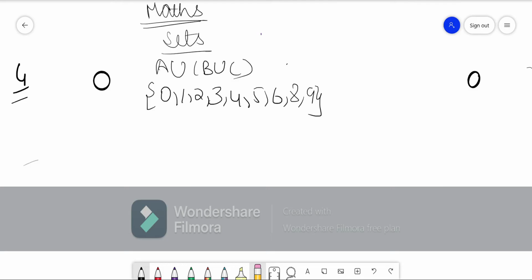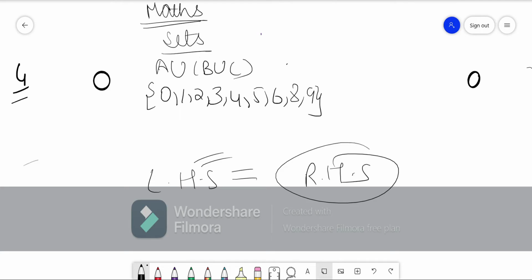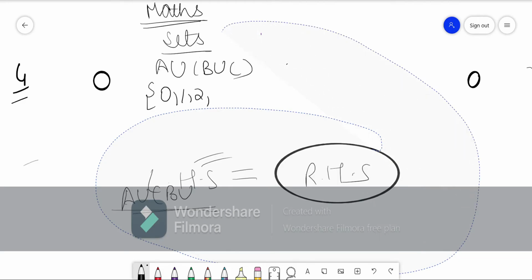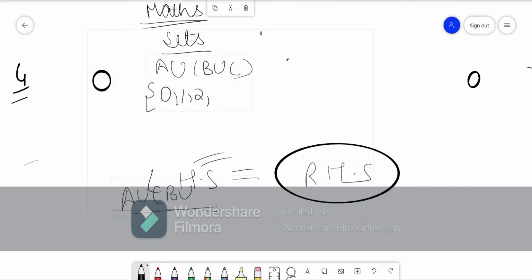Now what you need to do is, let's move on to the equal to part. The left hand side is solved, now we will work out the right hand side. So what is our right hand side? All right, I'll cancel all this, wait, and write all of it again.